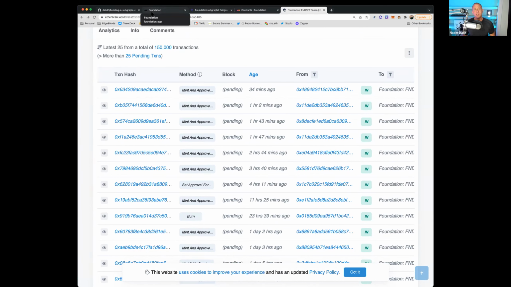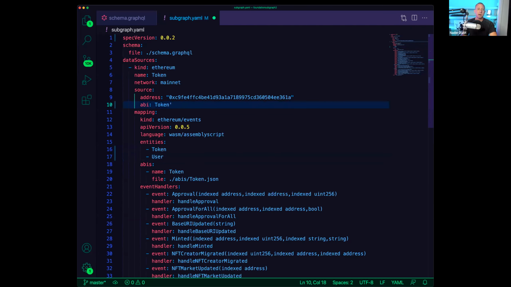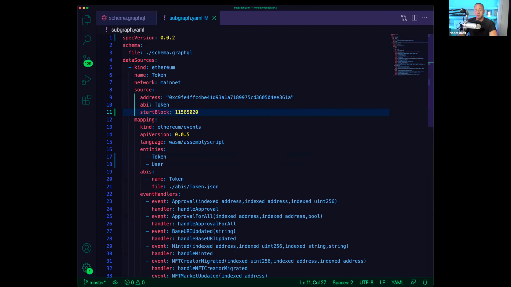So if you wanted to do that, you would just deploy it as is, but you instead can say, okay, when this contract was deployed, it was at this block number. And then we want to just start from that block number because we don't really care about any data that was stored before that, because our contract was not there before that. So we can define the start block by just setting the block number here. And then instead of going all the way back, it's just going to start at the block from which this contract was deployed, or from wherever you set the start block to be.